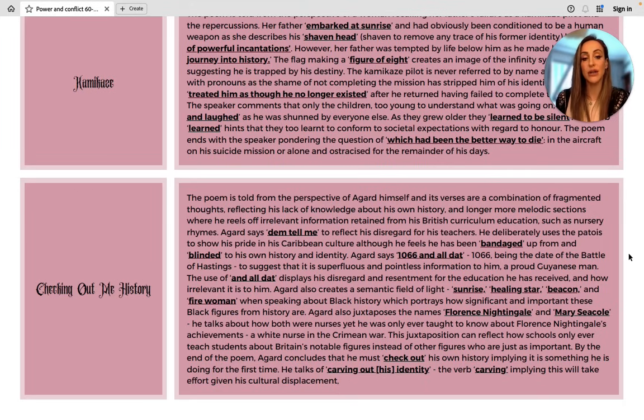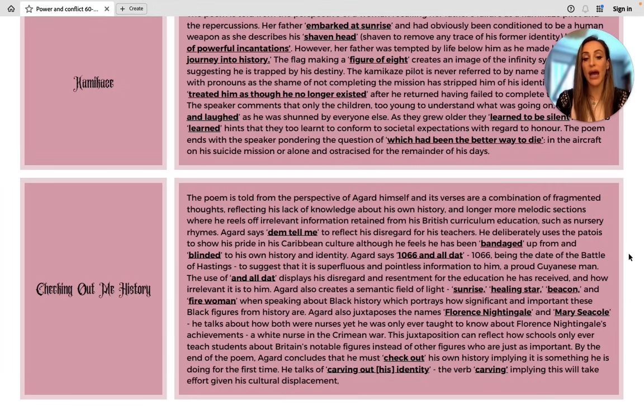He deliberately uses the patois to show his pride in his Caribbean culture, although he feels he has been bandaged up from and blinded to his own history and identity. Agard says 1066 and all that, 1066 being the date of the Battle of Hastings, to suggest that this is superfluous and pointless information to him, a proud Guyanese man. The use of "and all that" displays his disregard and resentment for the education he has received and how irrelevant